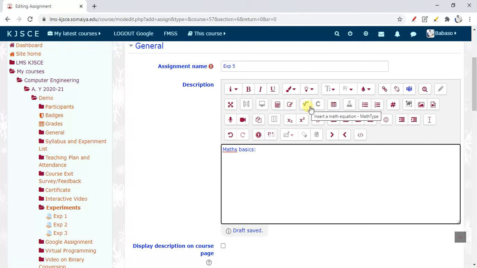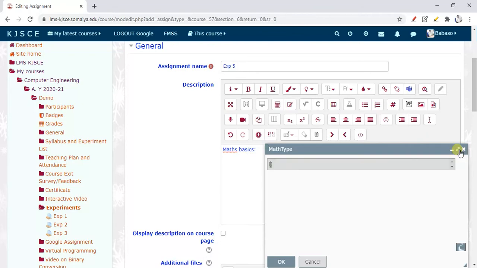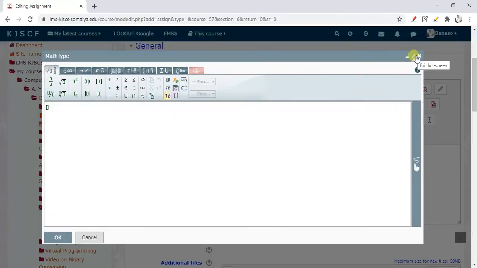Here we have the MATLAB symbol, so click on it. When you click, this editor opens. We can make it full screen. Suppose I want division, a by b. I can use this and directly write a by b. For example, I want to write a square root, under the square root.